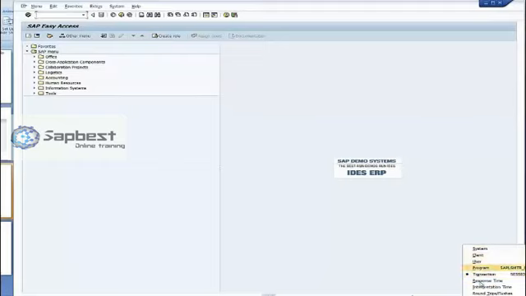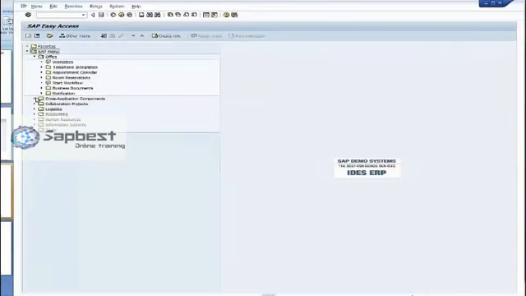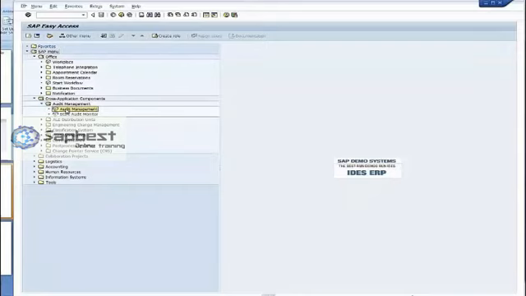I can select any one of them, and I logged into client 001, and I have a system here. I have a program running. This is the program for this particular T code. Then I get a nice screen here. I can go down and click on these items in the menu to do my work, or I can go back.